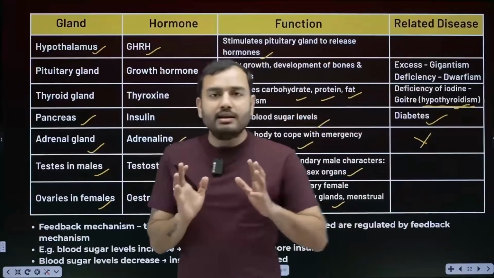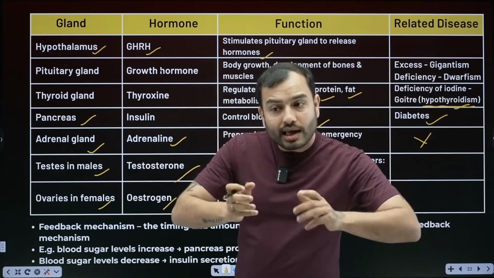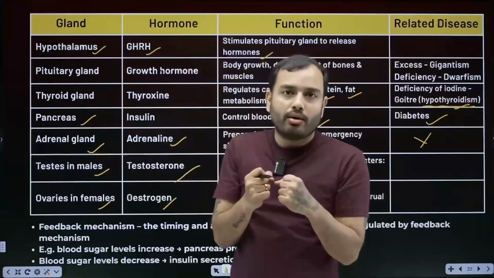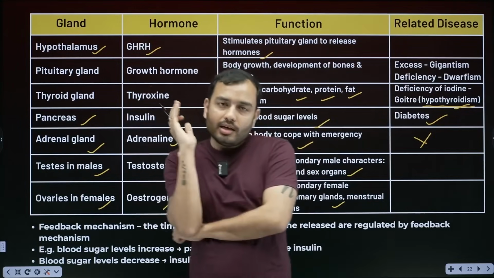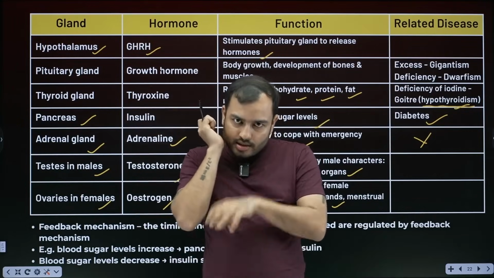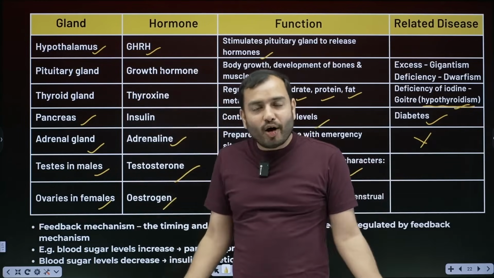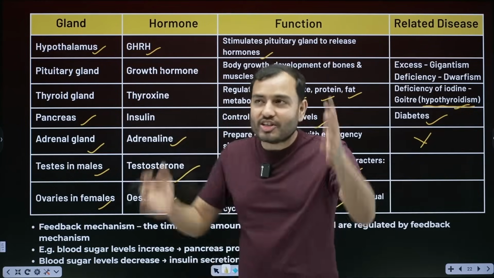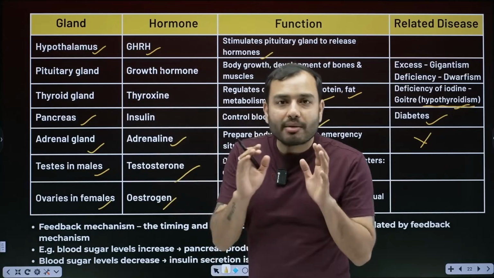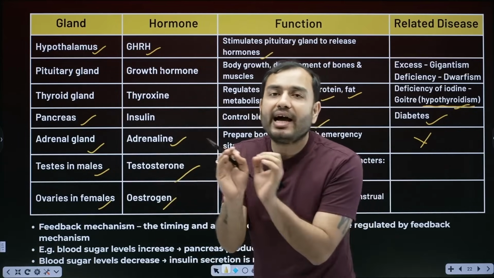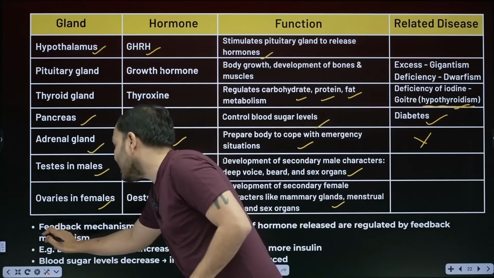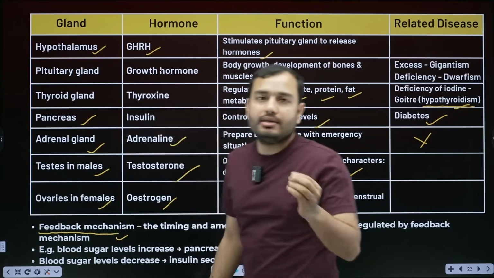Now beta, there is a mechanism by which how much hormone to secrete and when to secrete it is controlled. Suppose you haven't eaten food and the pancreas is heavily releasing insulin. There is no sugar in the blood, and whatever little sugar is needed won't even be left, it will lower everything. So there is a body mechanism called the feedback mechanism. Remember, the board asked about the feedback mechanism.